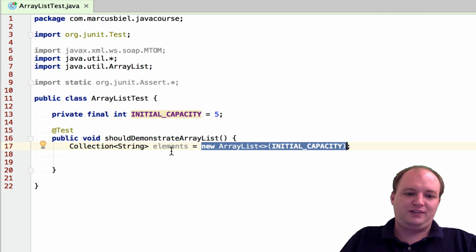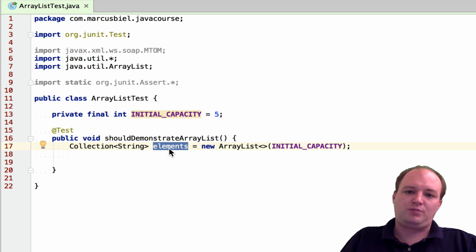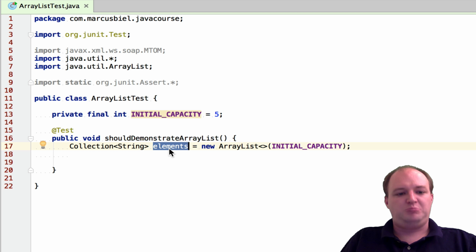Of course this limits the number of functions that you can use, because the Collection interface is less powerful than the List or the ArrayList interface. But if you only need the methods of the Collection interface, then do it like this.